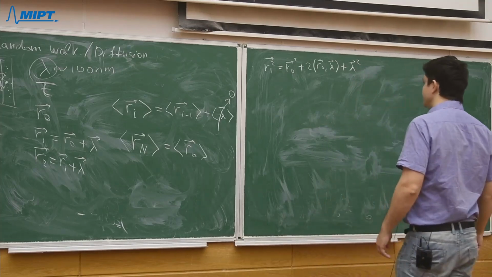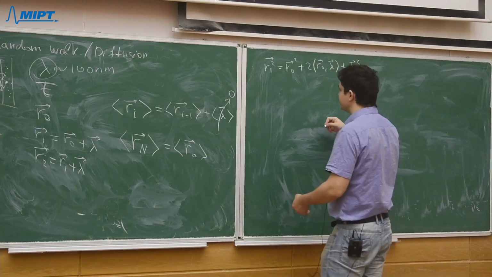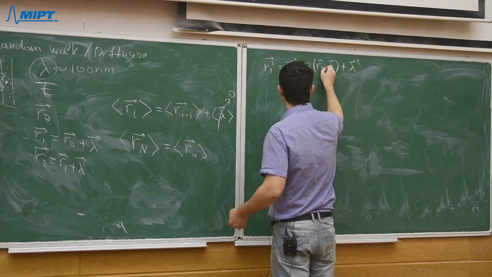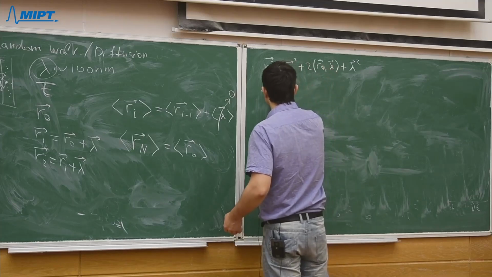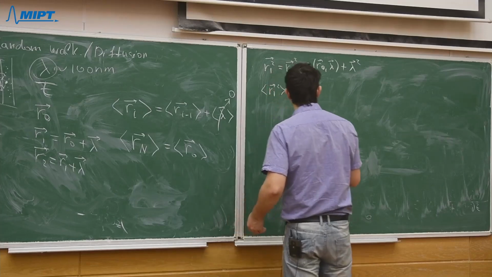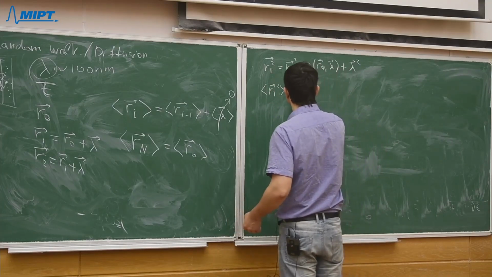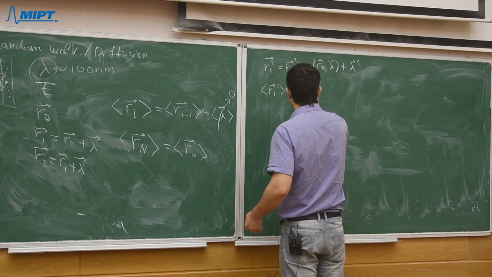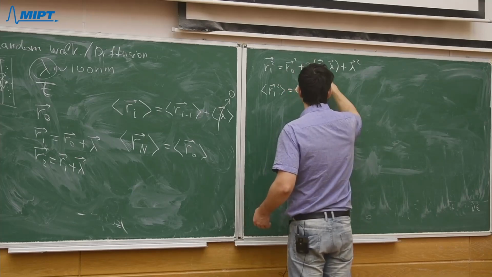And this means that if I try to take the average of this, that would give me that the average of R1 squared is exactly equal to R0 squared plus, well, this gives 0,